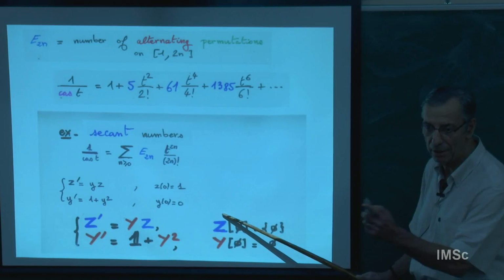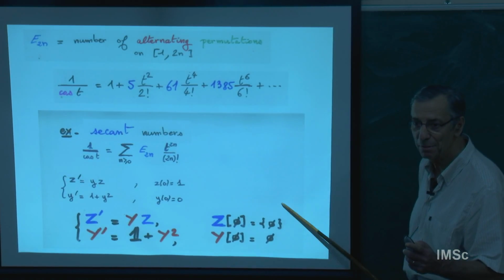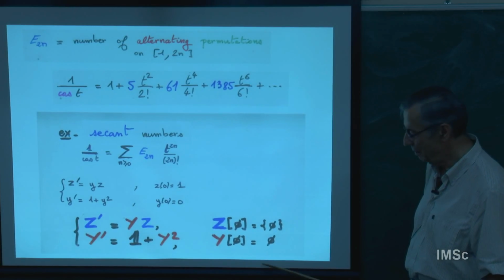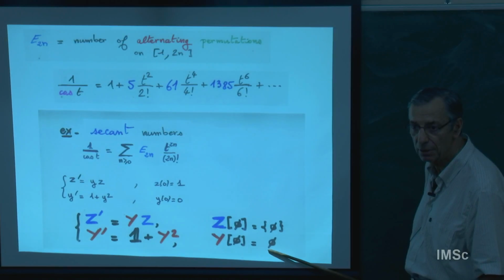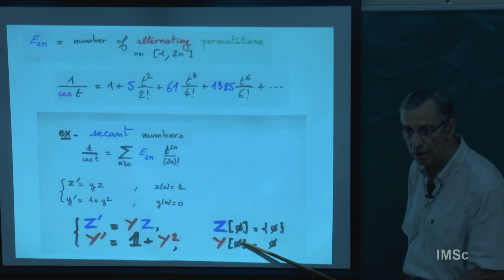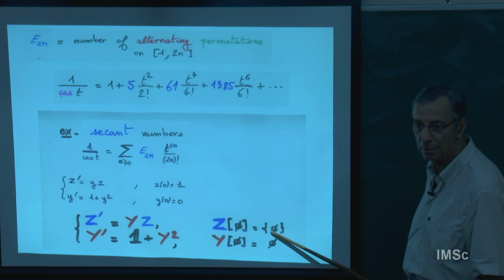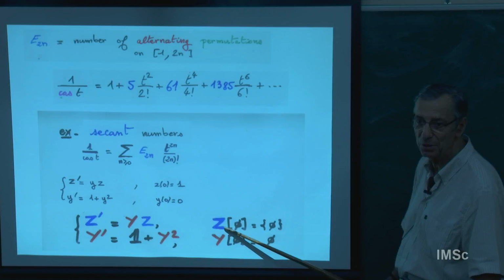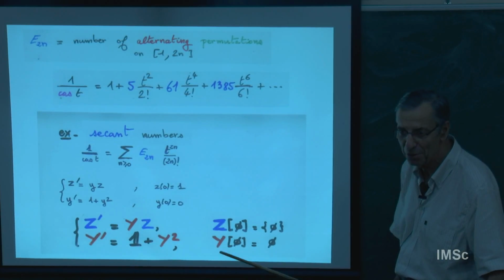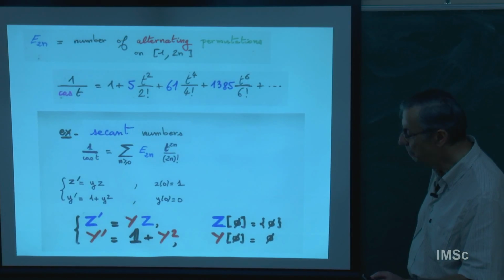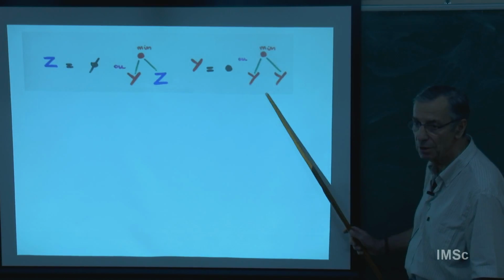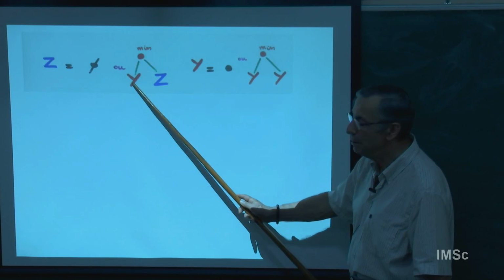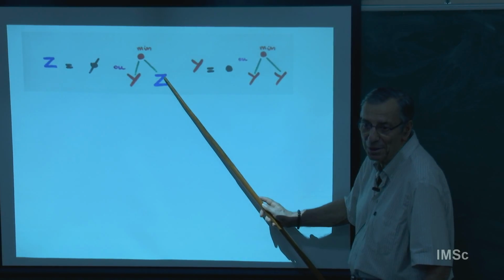You remember y prime equals y squared. So this is the analog for permutation, and this is the analog for tangent t. This will go back to complete increasing binary trees. So every vertex has two children, but here maybe some child can be empty. There is no child. You allow no child. So the z is analogous to the y of the permutation. The y is analogous to the tangent t. And if you recursively do this, on the left it is like tangent t. It's a complete increasing binary tree. Here it's a z binary tree.